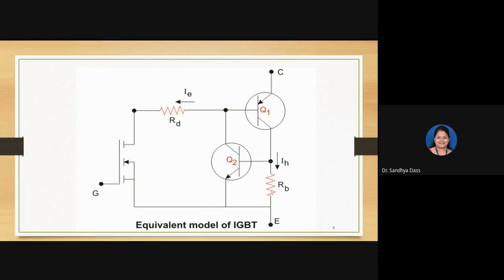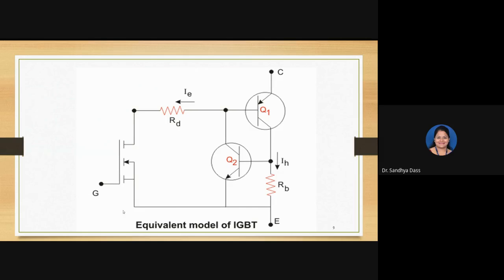So, okay, how it works. When does the N-channel IGBT turn on? When the collector potential is made more positive with respect to the emitter. Also, when the gate terminal potential is made positive with respect to the emitter. All right. Observe here, the device can be turned on when the collector potential is made more positive with respect to the emitter. Also, the gate terminal should be made positive with respect to the emitter.